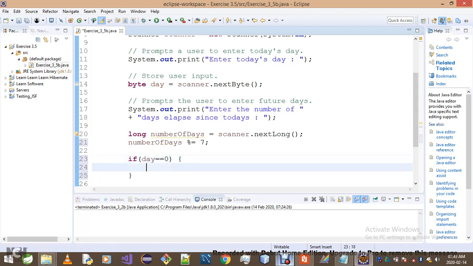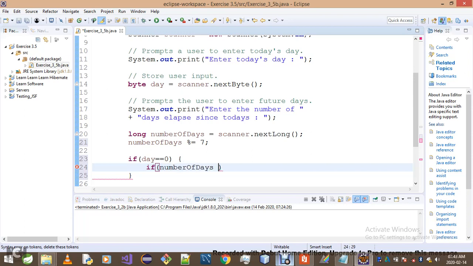However, you can remove them later on, of course. So basically we're saying if day is equal to 0, we'll be playing around with a bunch of if-else statements. Okay, given that our day is 0, we'll now say if number